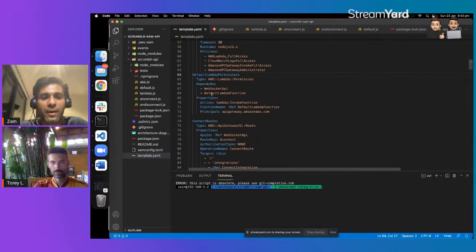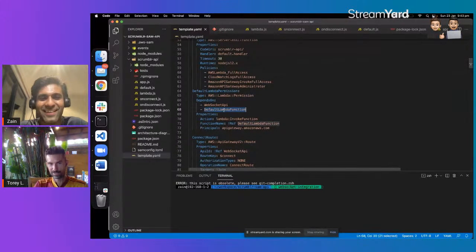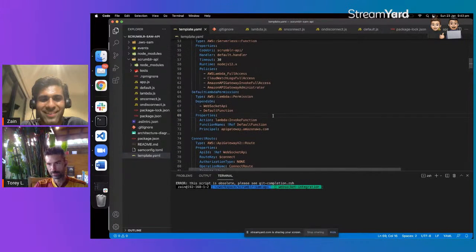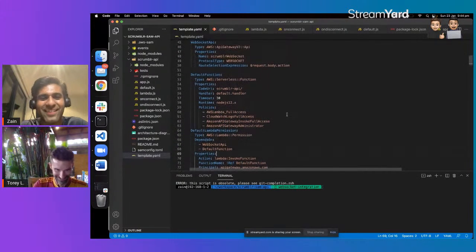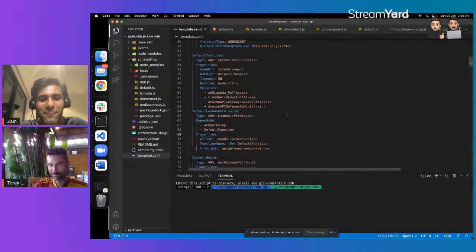Looking through these templates is tough if there's a small error. True, exactly. It's function name, one. That's what it felt like to me.